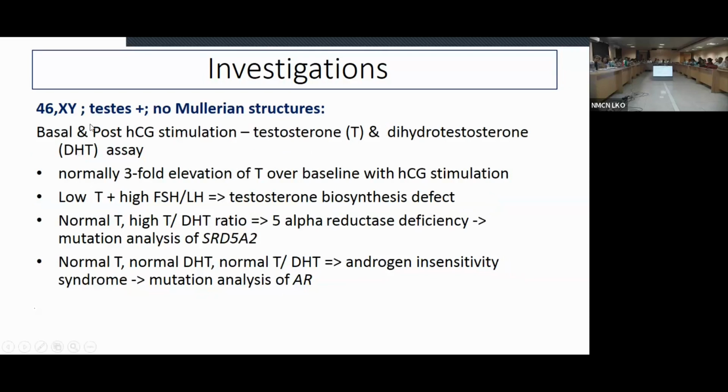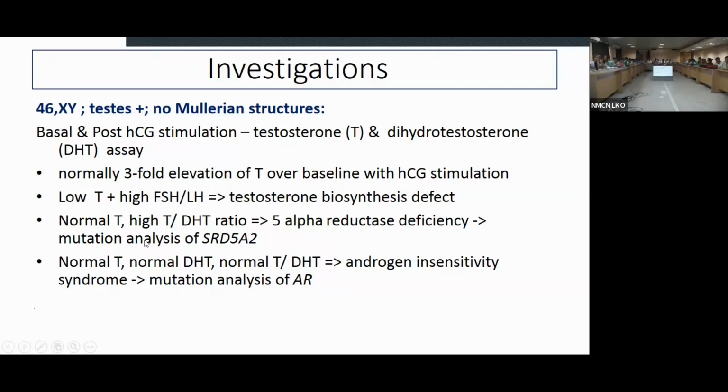Now, if you have 46XY with testes without Mullerian structures, what is the most likely possibility here? Disorder of androgen synthesis or disorder of androgen action. Yes. So basically here you would do the basal and post-HCG stimulation testosterone and dihydrotestosterone assay. Normally you expect a threefold elevation of testosterone over baseline with HCG stimulation. If you do not get an expected elevation and with a high FSH-LH, generally means that there is a testosterone biosynthesis defect. If you get a normal testosterone level, it could either be an androgen receptor issue or a 5-alpha